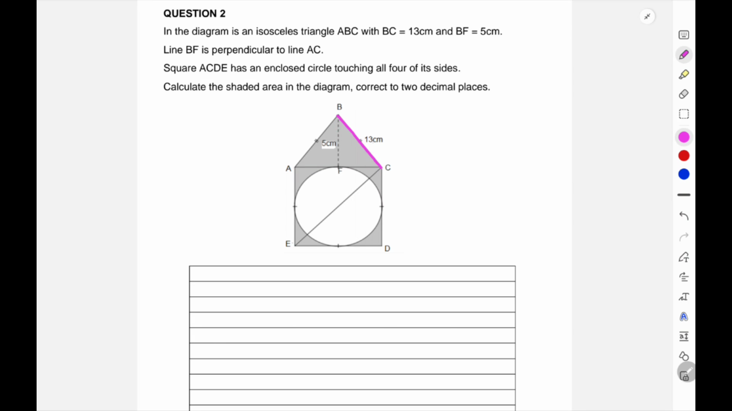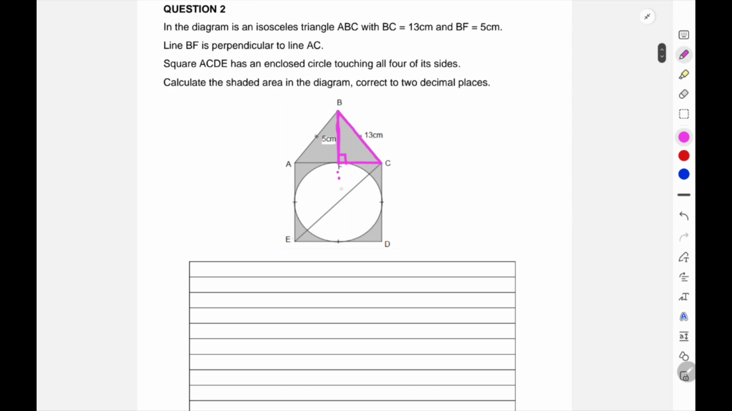and BF is 5 centimeters. So immediately you must think, Pythagoras, then I'll get the radius of that circle there, which will be the same length there. Okay, so square